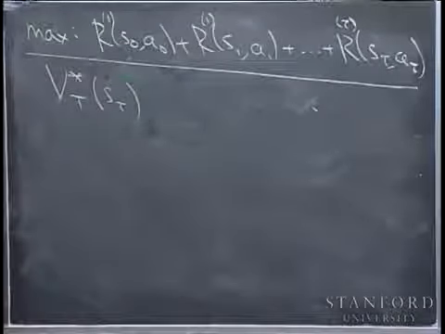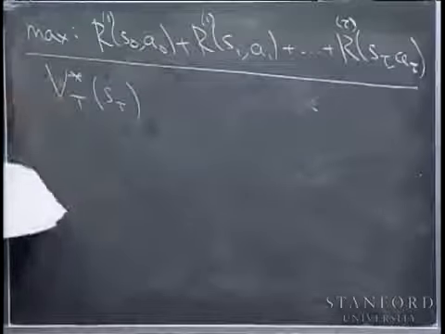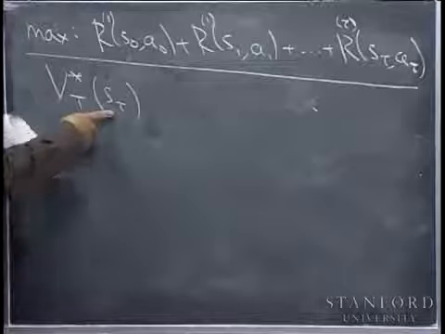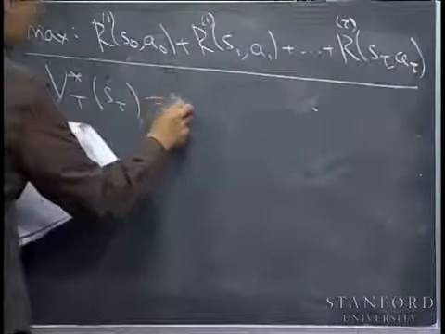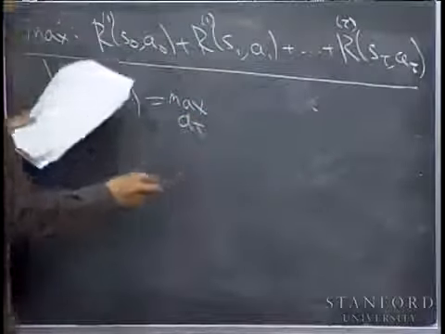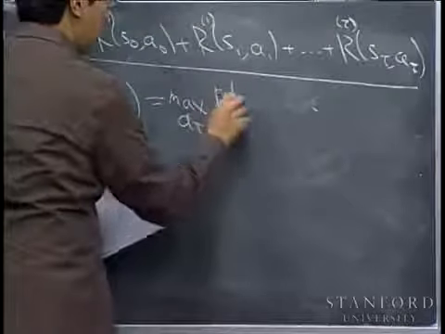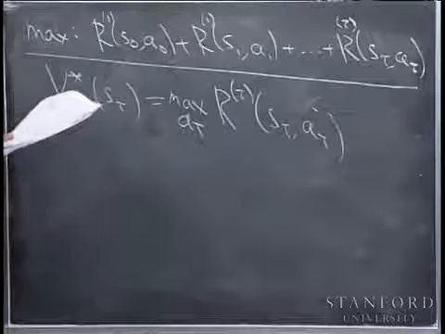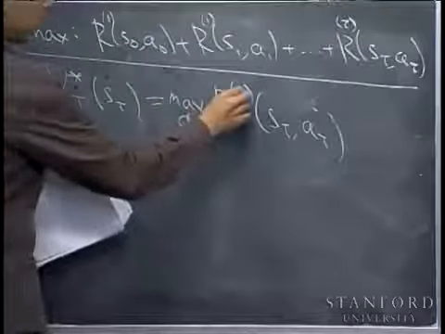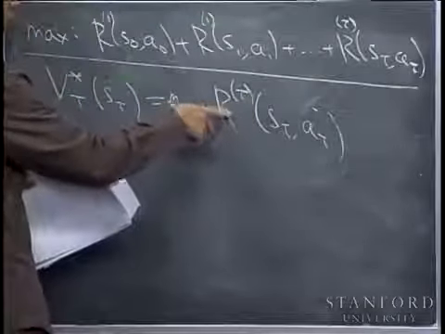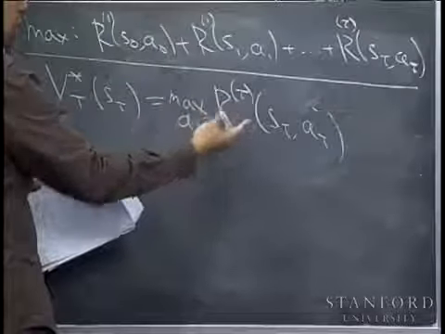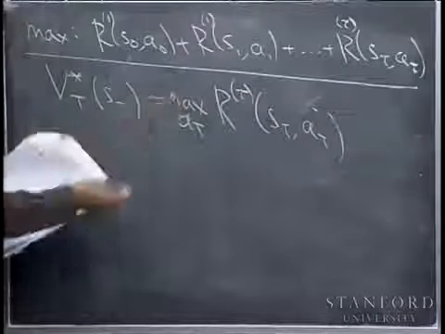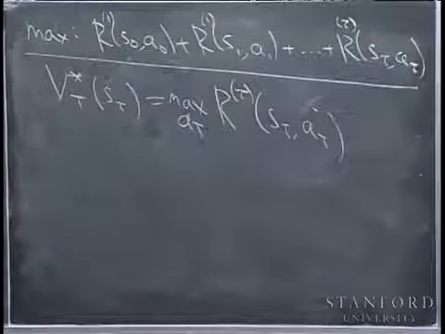Okay, so let's see. In the dynamic programming algorithm we worked out, V star subscript T of the state s_T is the max over all actions you might take at that time of R of s_T, a_T. And again, just for the sake of understanding this material, you can probably pretend the rewards and the dynamics are actually stationary. I'll write out all these time indices, but probably just ignore them when you're reading this for the first time.